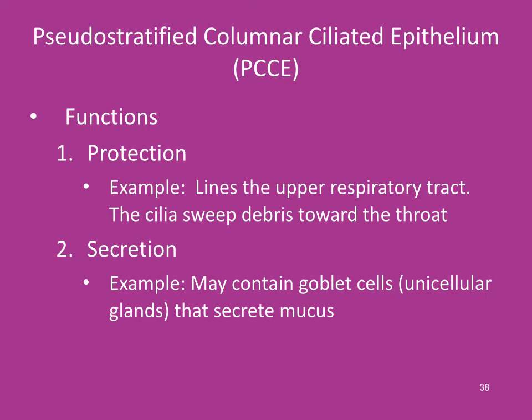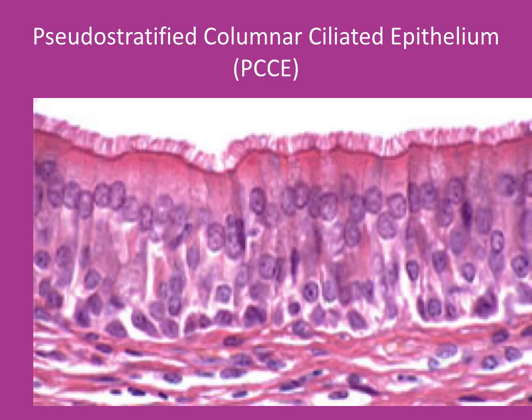So what are the functions of PCCE? Well, it lines the upper respiratory tract, and the cilia sweep stuff back up towards the throat. So it's basically a protective type of epithelium. It does secrete stuff. It has a bunch of goblet cells in it that secrete mucus. Let's go back to that slide and see if we see any mucus cells. I guess I really